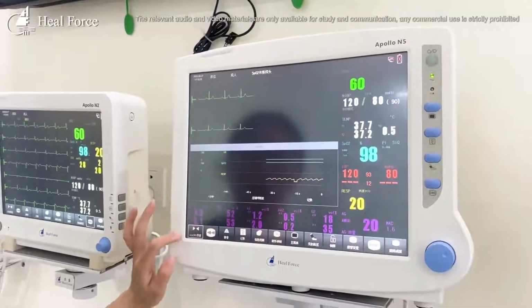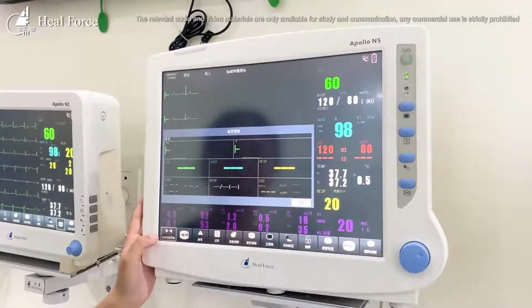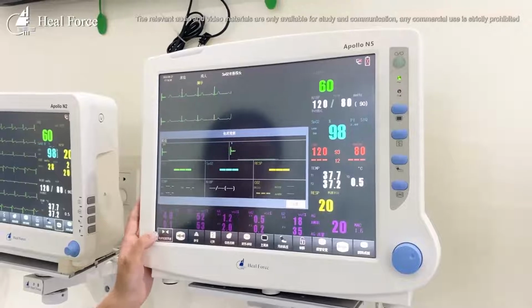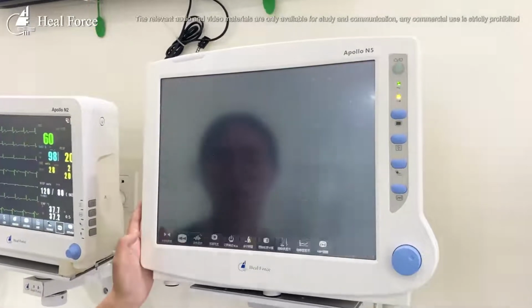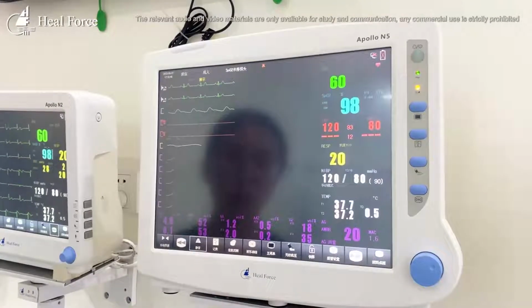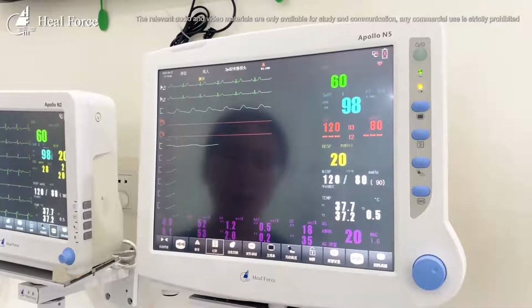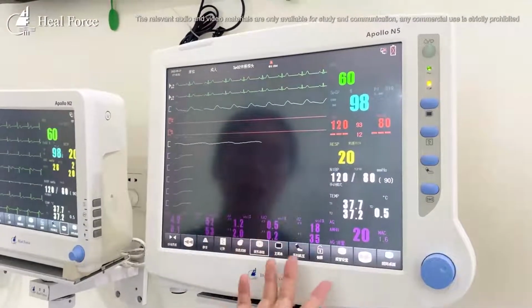It's the OxyCRG interface. It's another bed opposition interface. It's a big interface. It's the standard interface. It has silence, recorder, information review, wave freeze,